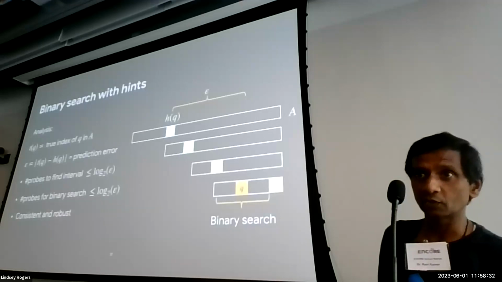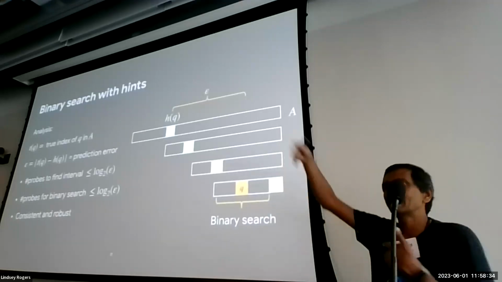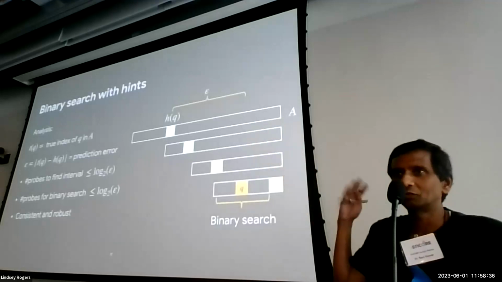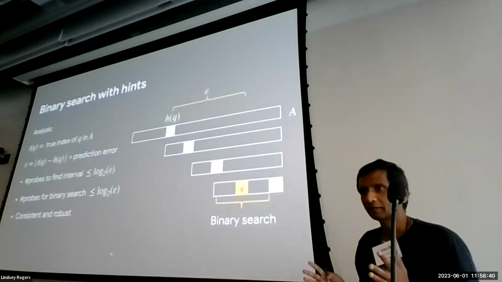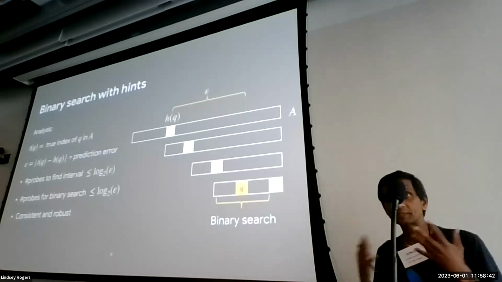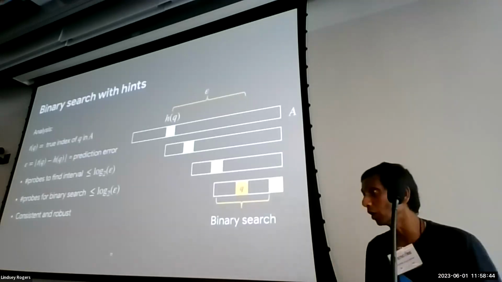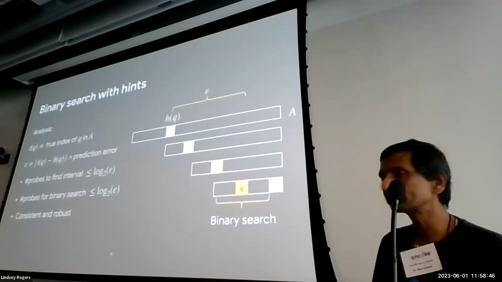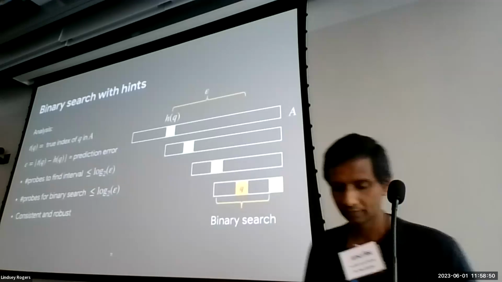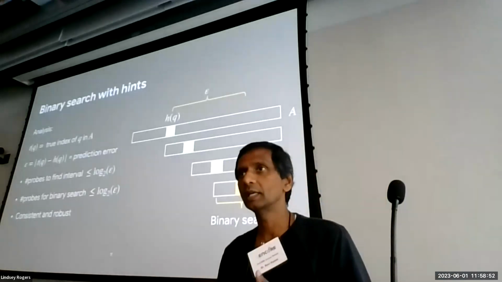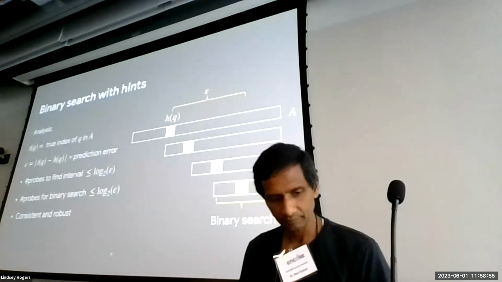And it's also robust, because the hint can be anything, every element can be at position n or something like that. The hint can try to throw the algorithm off. Doesn't matter. You still won't make substantially more probes. You'll get about 2 log n probes as opposed to log n probes. So it is fairly clean. Okay. This is how you would use hints with binary search.